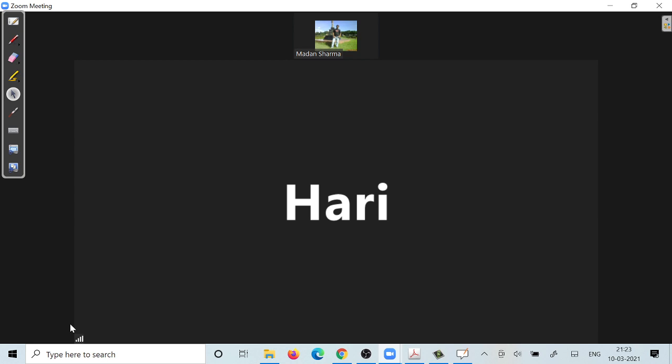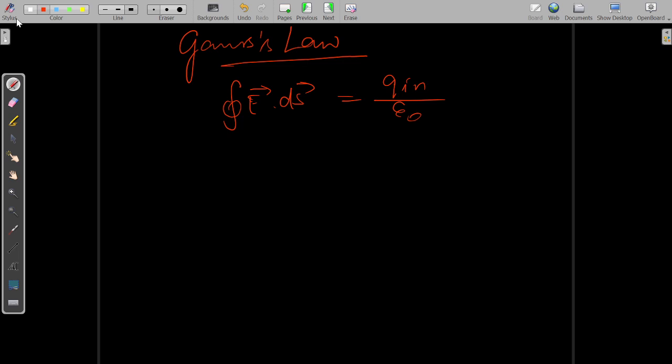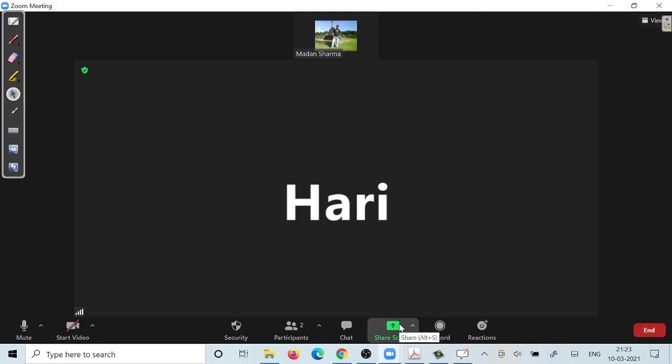I'm not sure. See, what we were doing last class is we were just studying what the Gauss law means. So we had completed up to that. So the Gauss law basically says that the electric field, the flux due to an electric field, the total flux due to an electric field through a closed surface is basically equals the total flux in a closed surface.